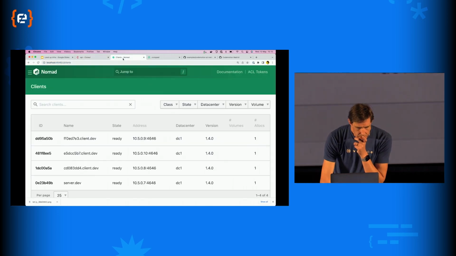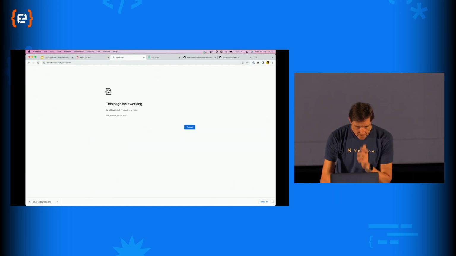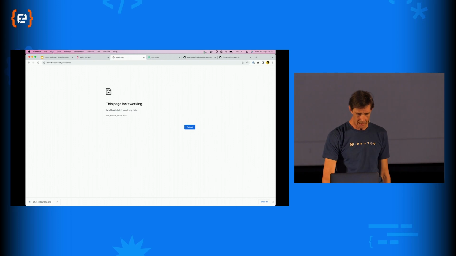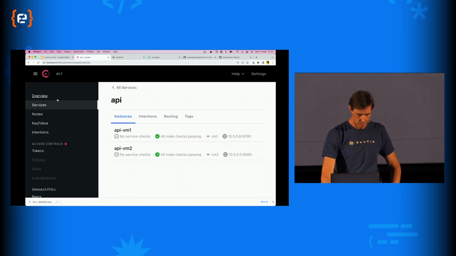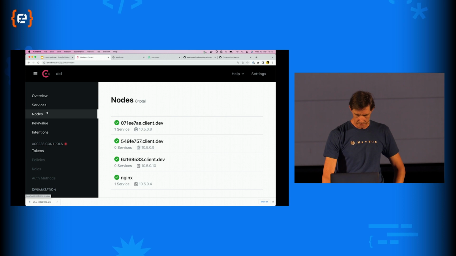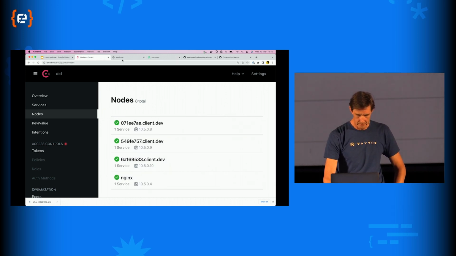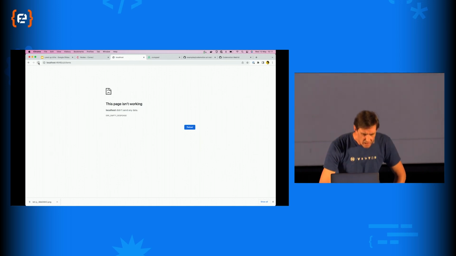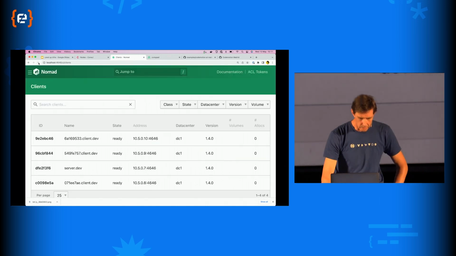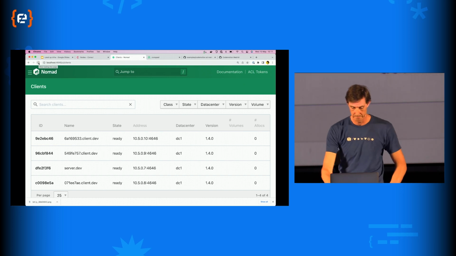So let's refresh this Nomad UI. All right, that hasn't come online yet, but we'll see this come up in just a second as it's initializing. And eventually, there we go. So now we've got our Nomad cluster up.